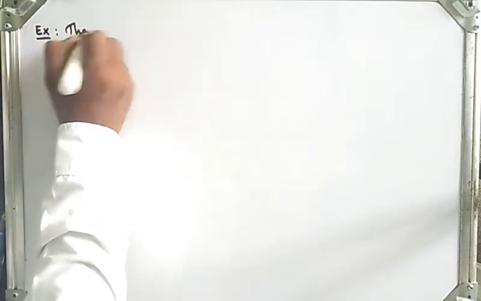Hello students, in the previous lecture we have seen the definition of binary operations, commutativity, associativity, existence of inverse, and existence of identity. So in this lecture we will see examples. So let's see first the binary operation